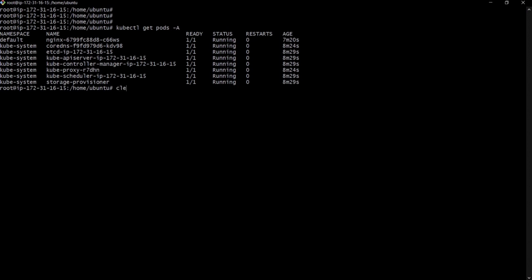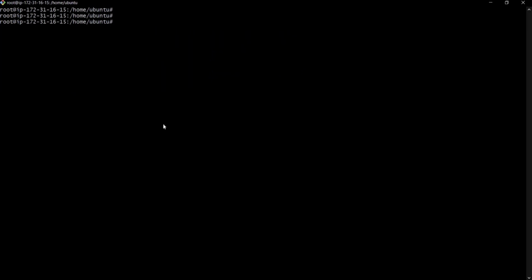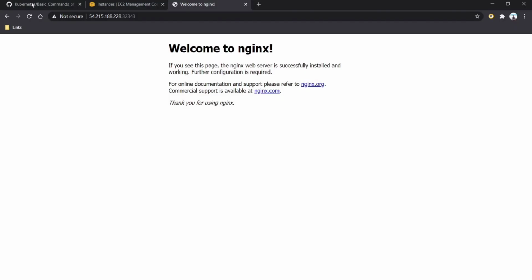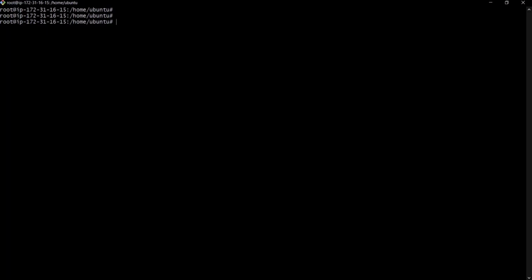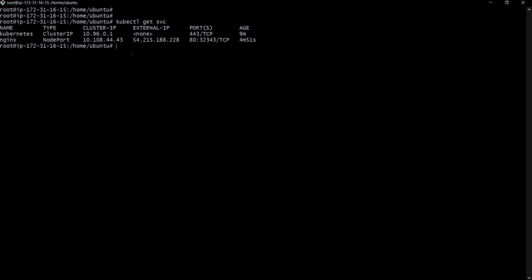The next command is how to delete the service. For that, let's go to the terminal. First check the service name: kubectl get svc. I want to delete this service.